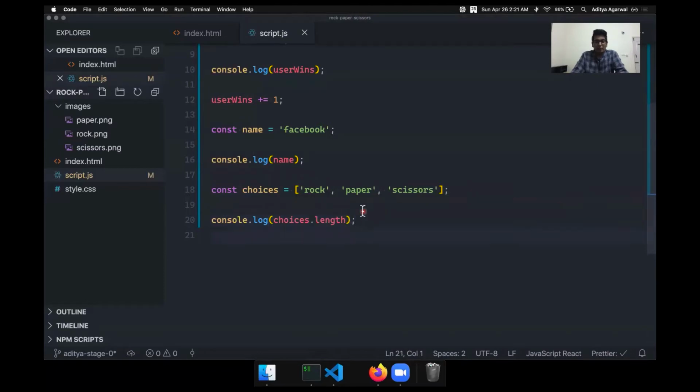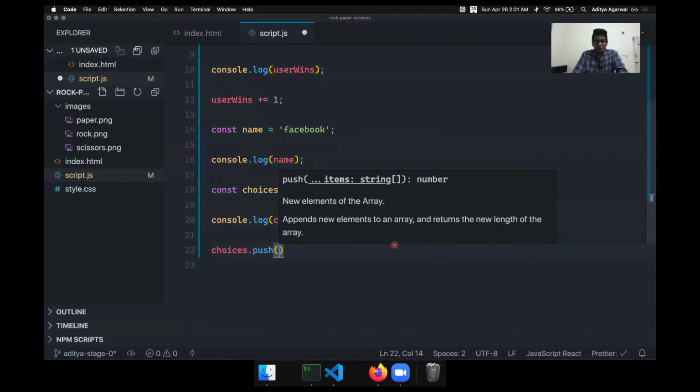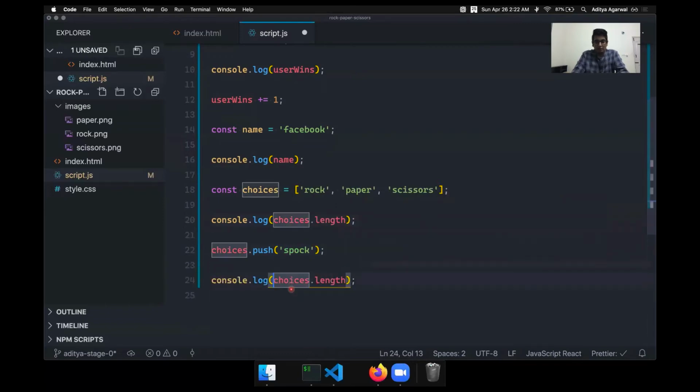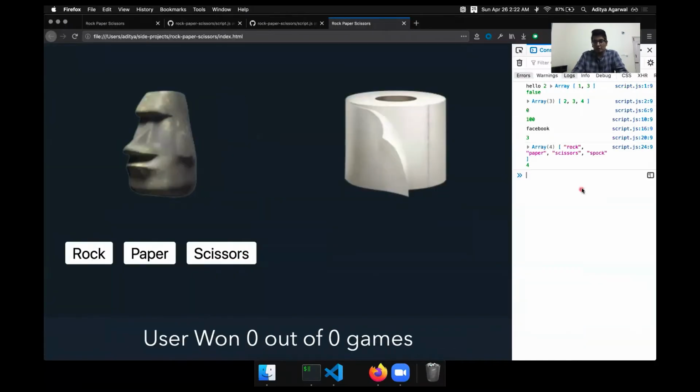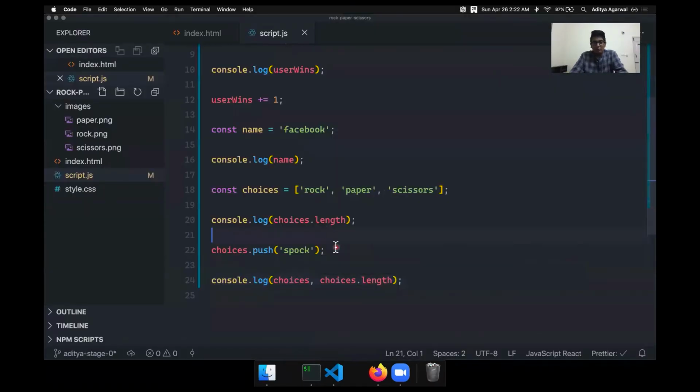Similarly, you can also push items to this array. Arrays in JavaScript are dynamic, so you can change array items. So I can add one more item here, and now if I console log choices and choices.length, you see there's an array of 4 items now, and 4 is also printed, which is the length. So this is the concept. As you are seeing, this was an array with a const, but I was still able to add items to it. So you can modify the content of this array. The array can have more items, but you can't do choices equals something new; you can't do this.